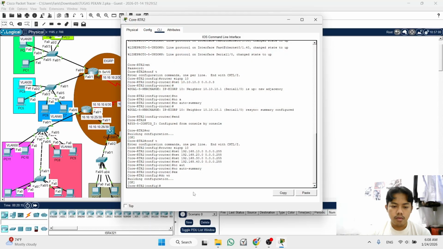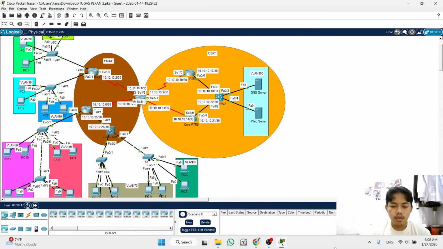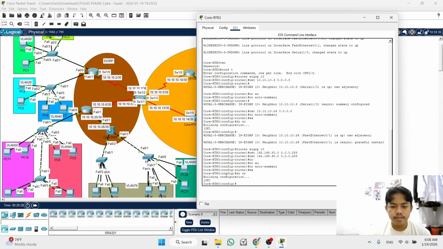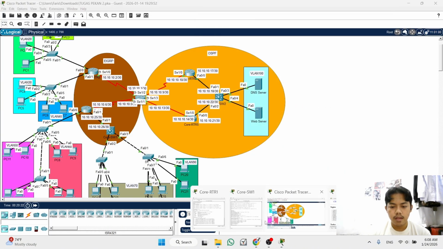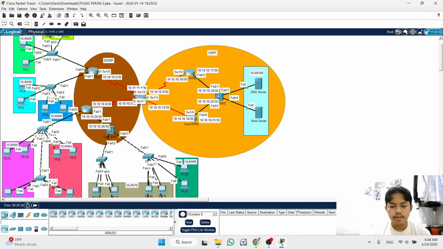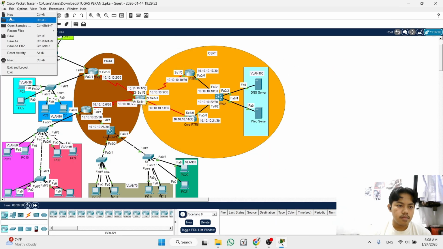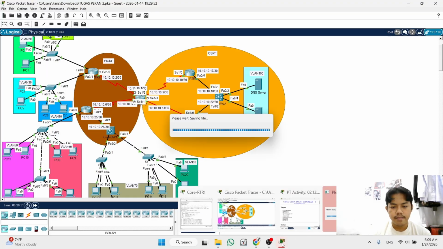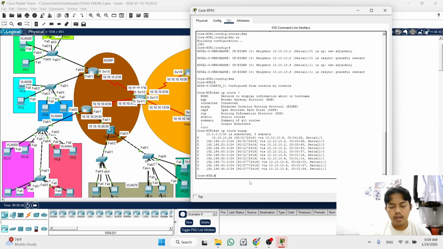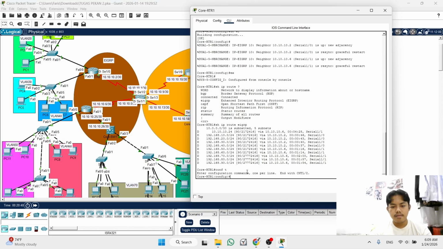First, we will set our router. Then we go to router one. Oh, don't forget to save. We enter the global configuration. After that, you write router OSPF.